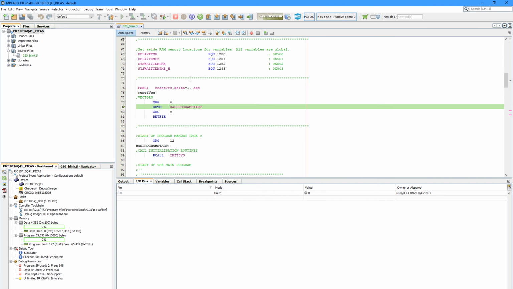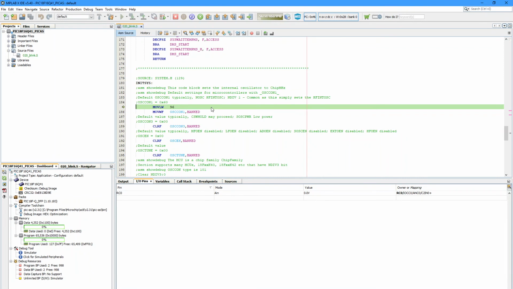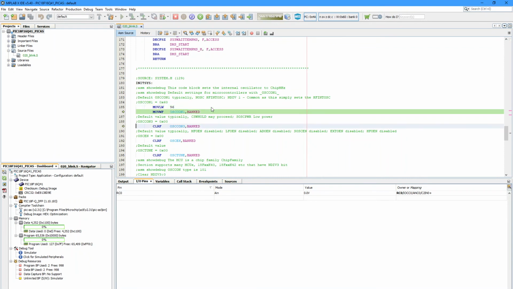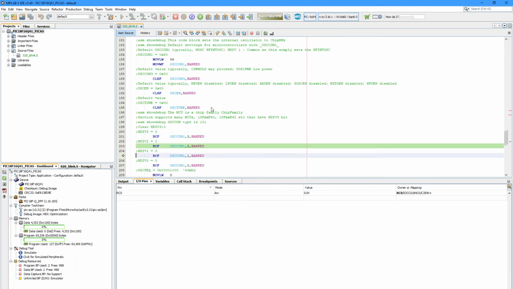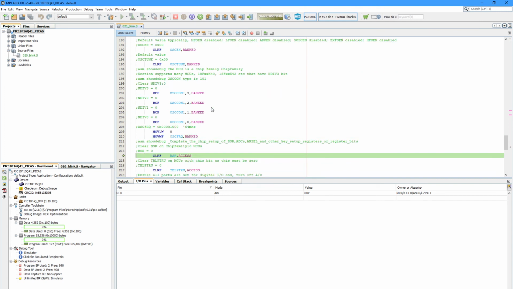So I'm going to walk the code. The first vector is go to a particular jump. We always go to BAS program start, and then we initialize the chip. We set up the oscillator. That's the first set of commands. Down to here, we set it to 64 megahertz, depending on whatever you specified. We clear some